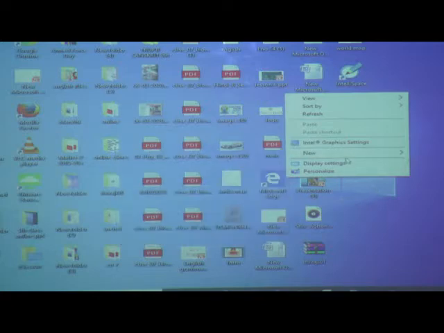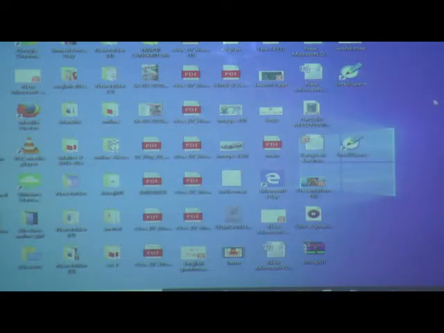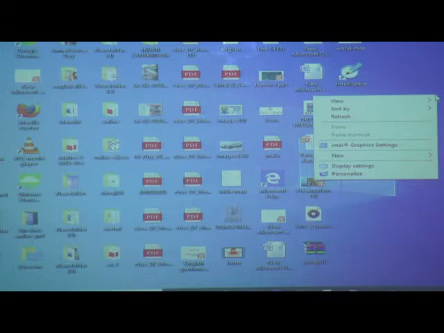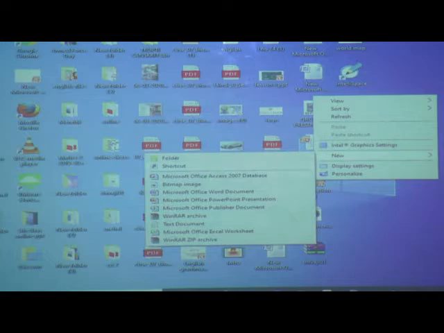If you want to open one folder, then in a short time we can open a file or folder. And if you want to open Microsoft Office, meaning PowerPoint, Word document, accessories, then shortly we can open them by using the mouse left button. Here we have to press only one time the mouse right button. Then you can get the options. You can see here folder. This type of options are there.